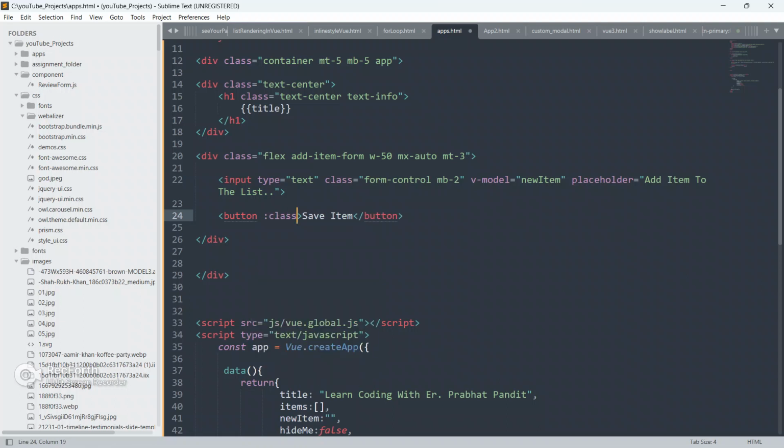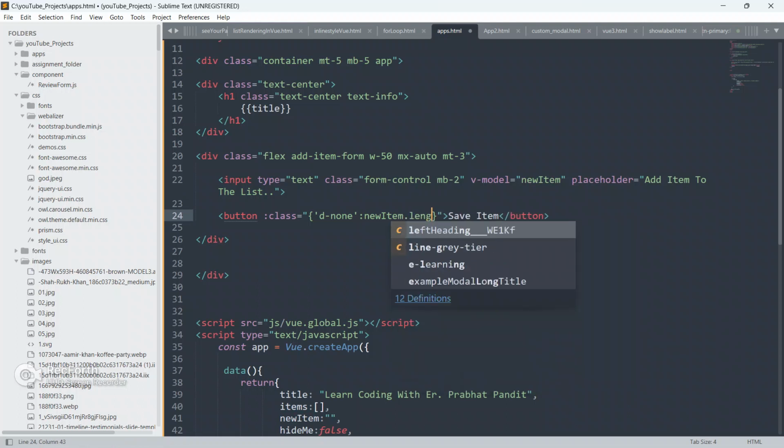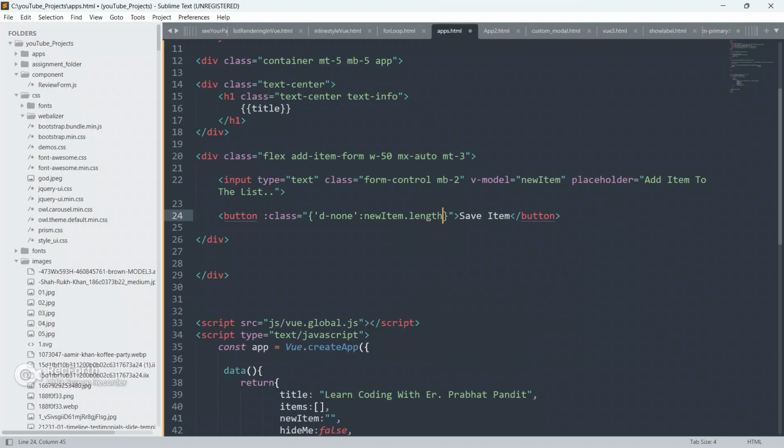Give class d-none if this new item dot length is equal to 0.